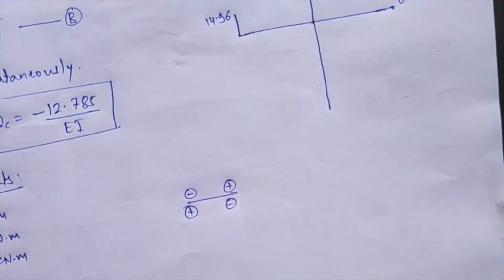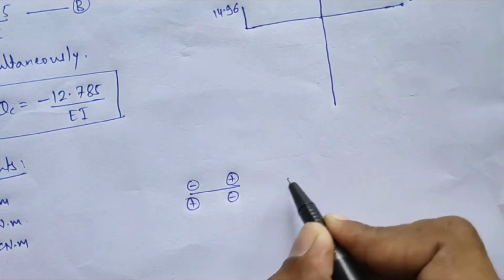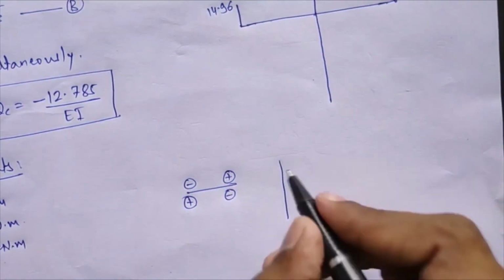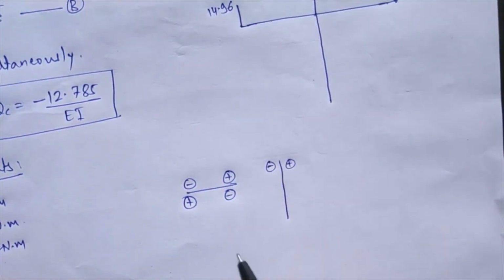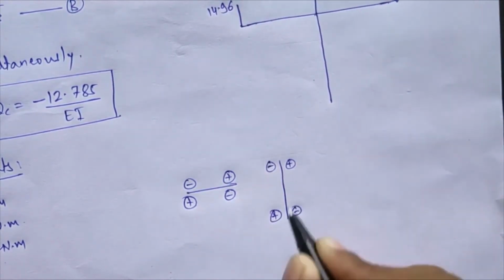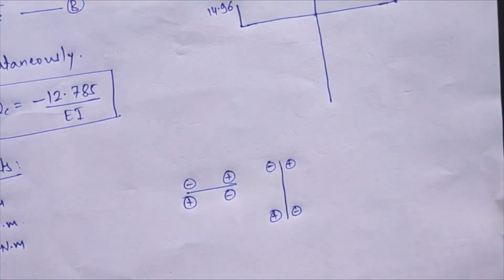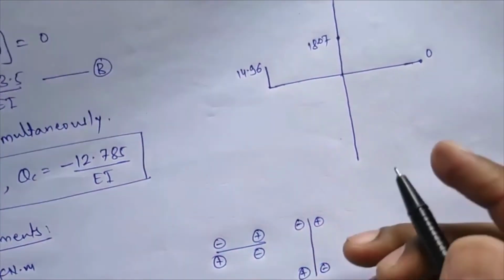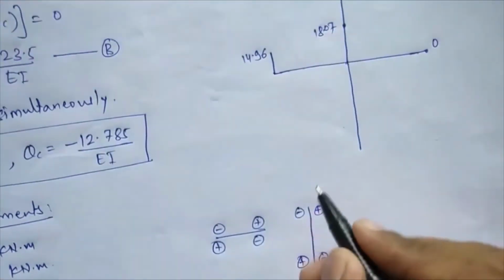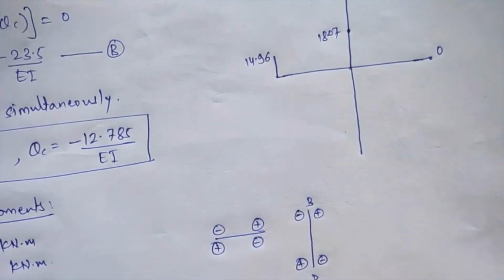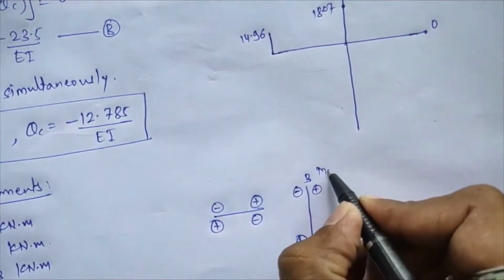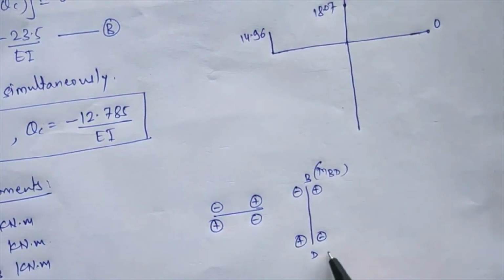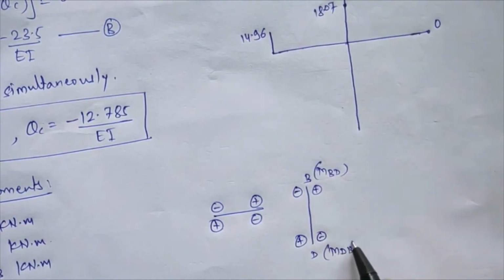Okay, now for vertical member, your sign conventions will be in this way: vertical member negative, positive and positive and negative. Just you have to reverse this sign over there. Or this is the horizontal member, rotate it once in 90 degree by anti-clockwise nature over there. Okay, you will get these values over there. Okay, now see, negative it is, so here you will be having joint B, here you will be having joint D. The moment coming here, that will be your MBD. Okay, and the moment coming here, that will be your MDB.